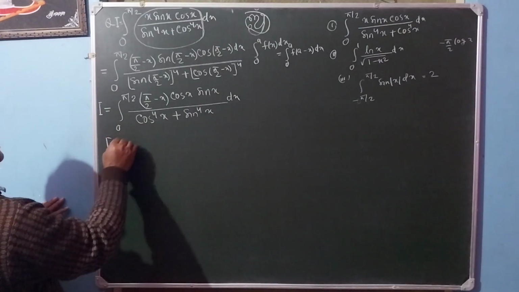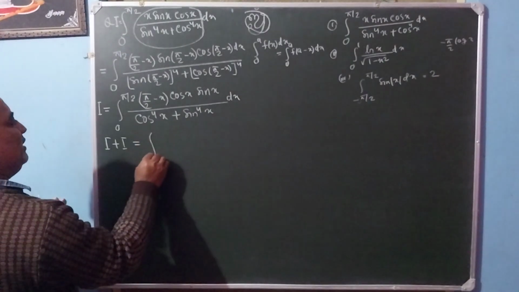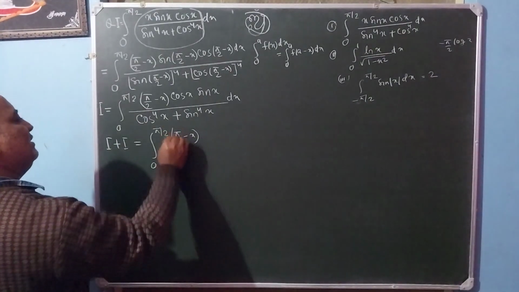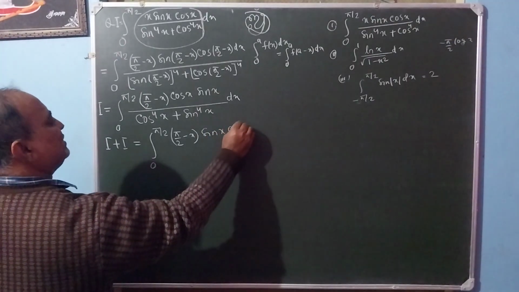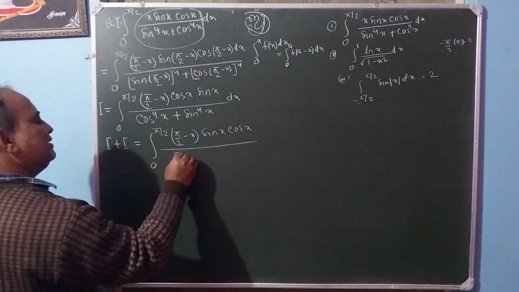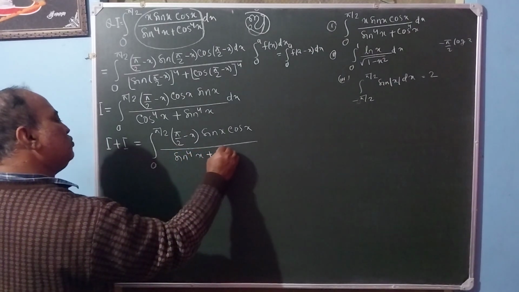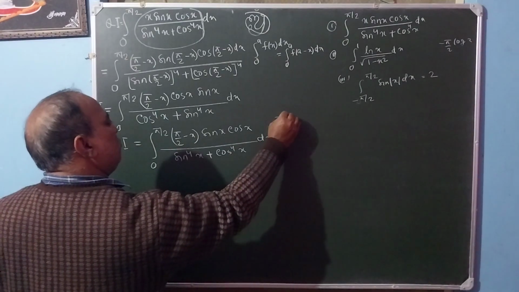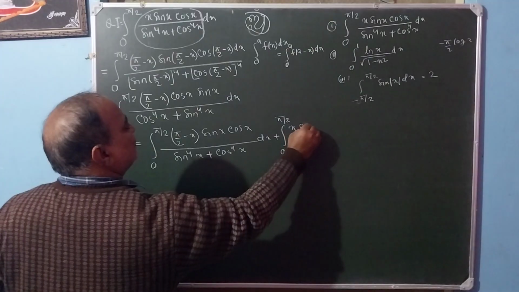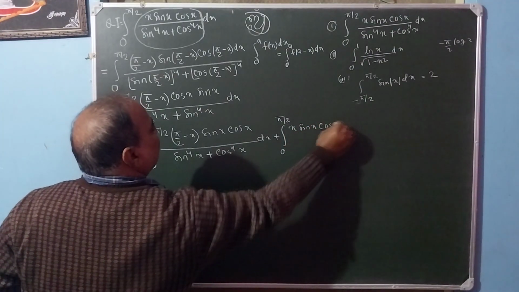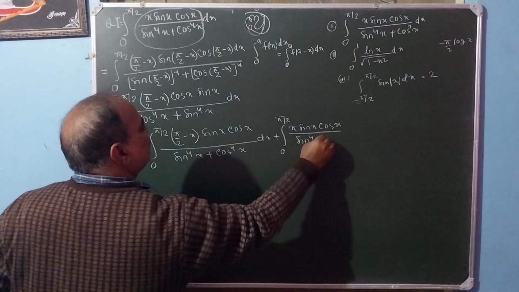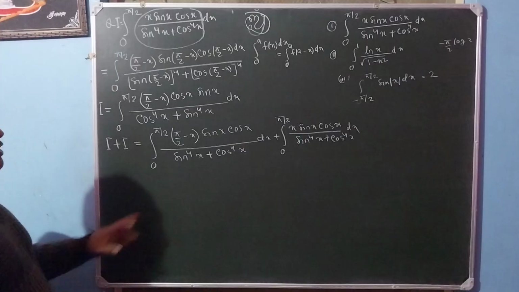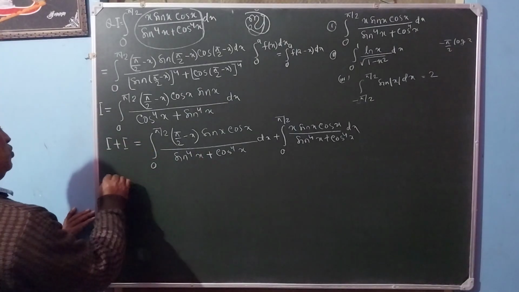I plus I can be written as integral from 0 to pi by 2, here it is pi by 2 minus x, sin x cos x divided by sin to the power 4 x plus cos to the power 4 x dx, plus integration from 0 to pi by 2 of x sin x cos x divided by sin to the power 4 x plus cos to the power 4 x dx. So denominator is same, so numerator will be added. So 2I is equal to